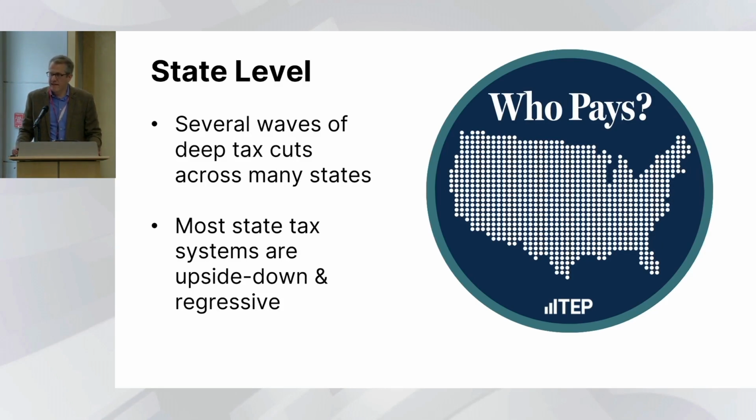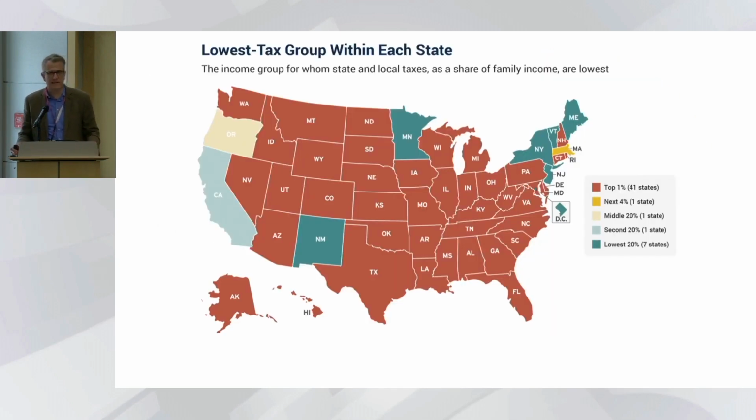The last piece of context is less on the revenue and the pie and more on what it looks like inside that pie. The federal tax system is modestly progressive, so people who make the most pay the most. State tax systems are the total opposite. They're completely upside down and regressive in nearly every state. Our study, Who Pays, goes into super much detail on this. If you haven't ever seen it before, I encourage you to check it out